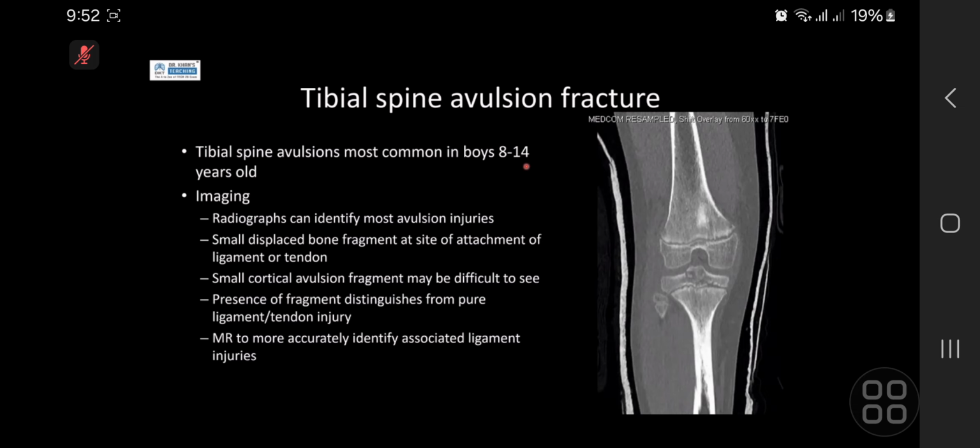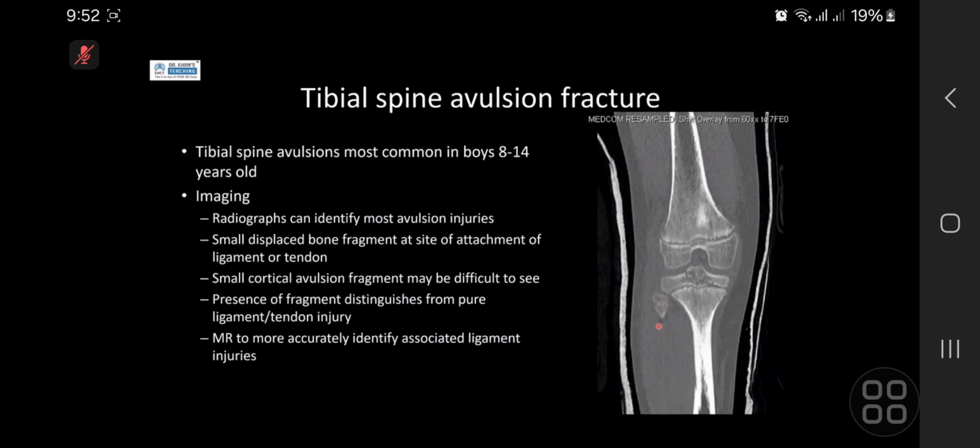So it's very common in boys 8 to 14 years old. And radiographs can identify most avulsion injuries. A small cortical avulsion can be very hard to see, which is why you do an MR to look for it, because you are looking for bone marrow edema, and also look for other associated ligamentous injuries. You don't have to avulse just the insertion. You can also sometimes avulse